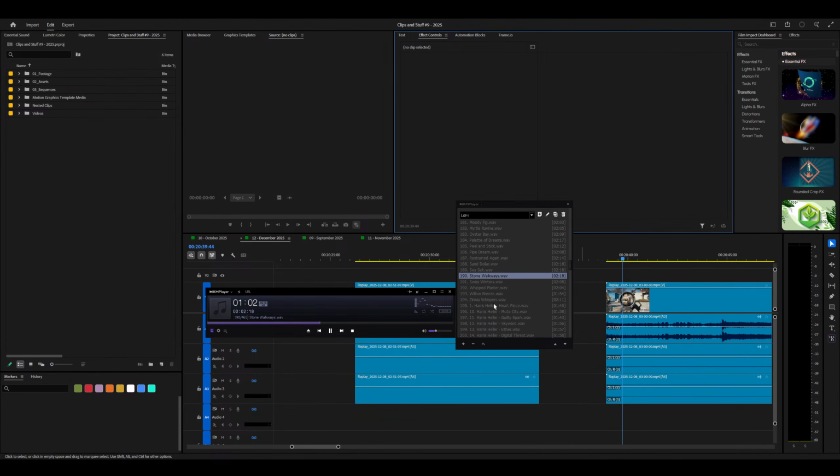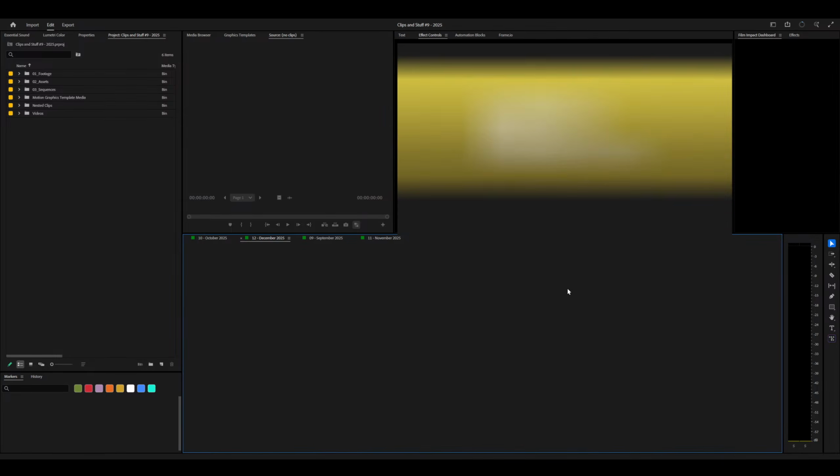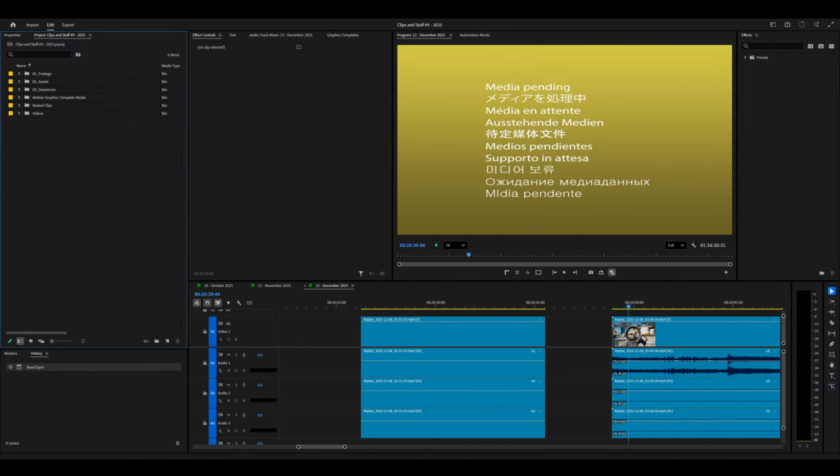If you remember, last time we were talking about exporting in ProRes 422, but most people that I work for ask for MP4s, not ProRes files. So we need to set up an automation so that it automatically converts the footage into H.264